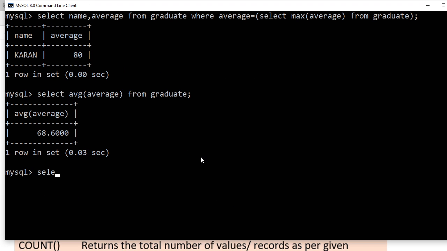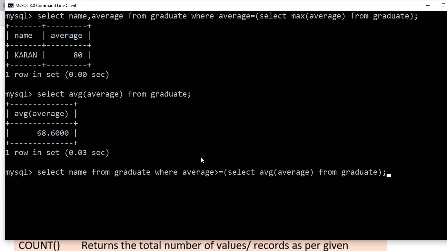So for that, select name from graduate where average is greater than or equal to, select AVG average from graduate.